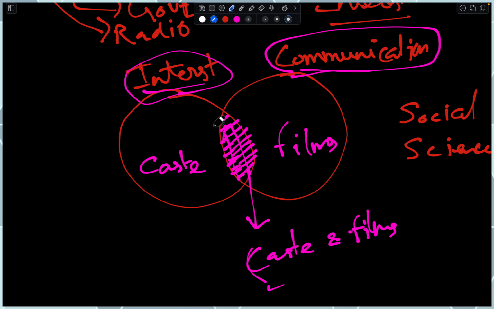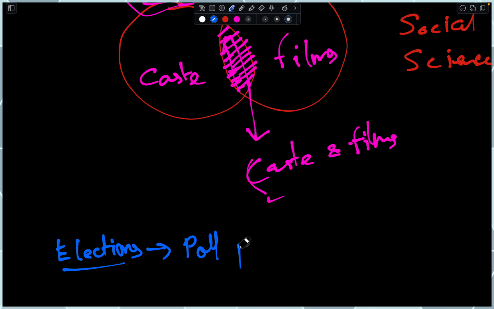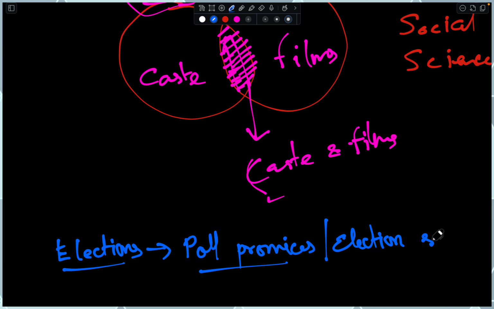But sometimes it need not be this complicated. You will probably already have an area that you are interested in. Say right now elections are happening, so you want to work on the poll promises that the politicians are making, or you want to work on the election speeches delivered by political leaders and what they are speaking about.